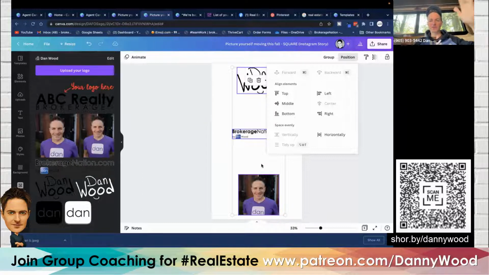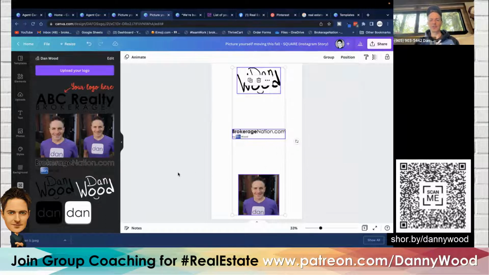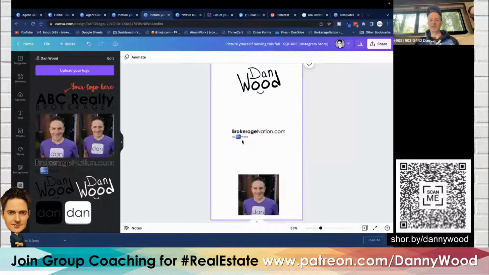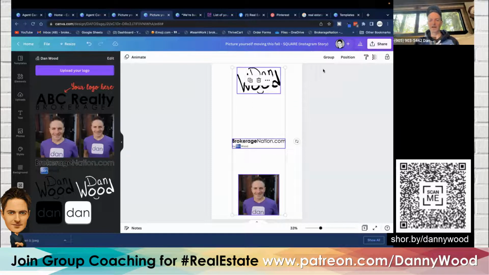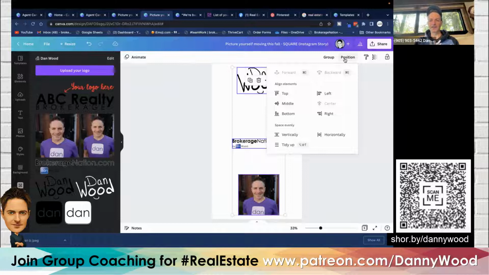So it takes whatever the elements are and then redistributes them so that you have a much cleaner layout. It's like you don't have to guess. I know these are center and I know they're equally spaced. Like if I put this down just a bit, that's not equally spaced. It's not directly in the middle. So if I highlight all of them and then do the positioning,